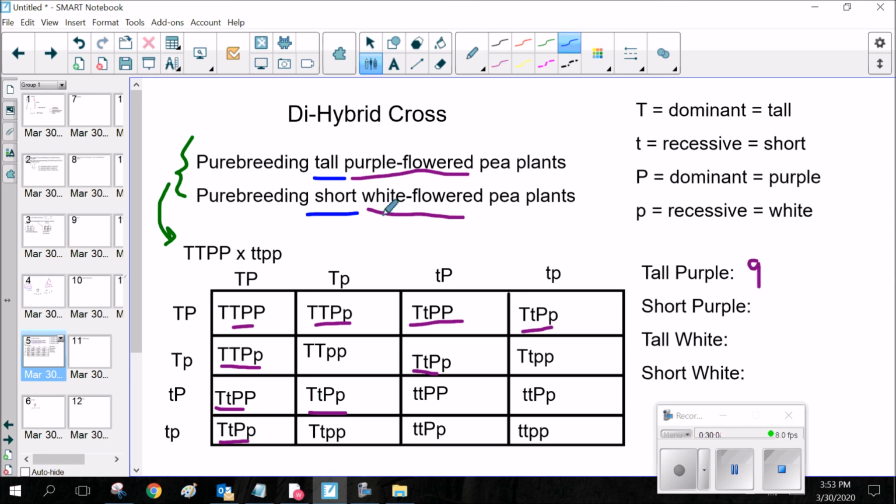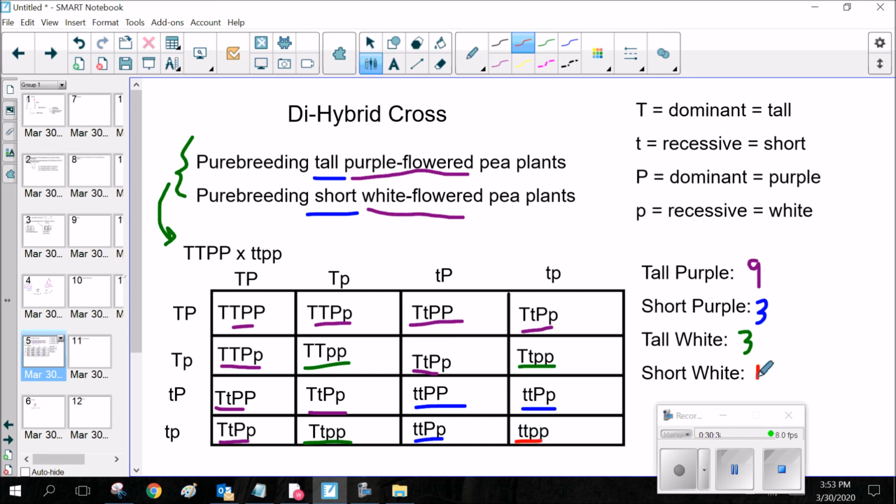Now let's take a look at short in purple. And you can pause the video to see if you could figure it out before I do. Okay, I'm assuming you paused it. So let's look at the short in purple. So we want 2 little t's and at least 1 big P. So there we go. There's 1, 2, and 3. Okay, so we have 3 short in purple. Now we're going to look for tall in white. All right, 1, 2, 3. Okay, and now we're going to look for short and white, which is easy because there it is right there,